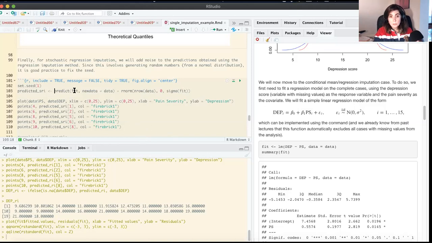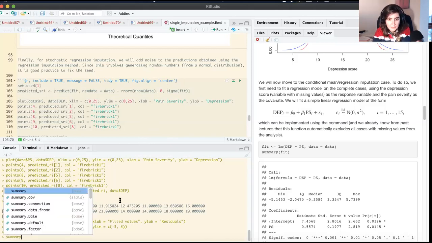We expect some variability, and this is what stochastic regression imputation tries to do. So I look at the prediction and I add some random noise, which is normally distributed with mean 0, and the variance is the residual variance. And the residual variance, if I look at the summary of my fitted model,